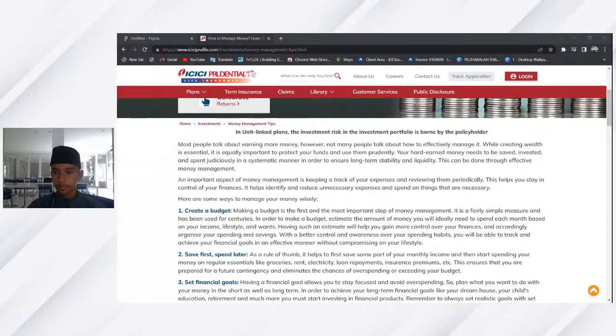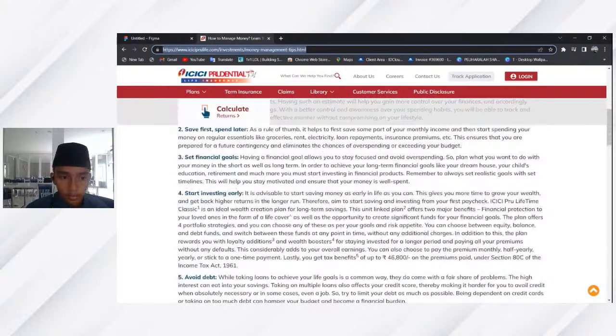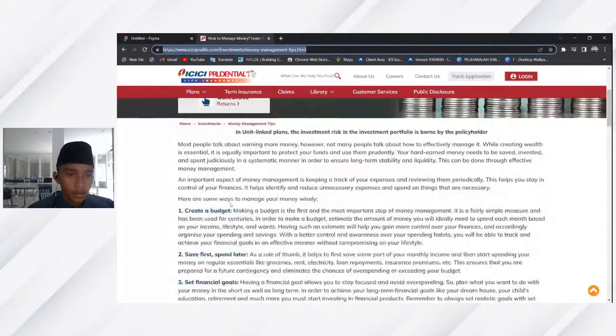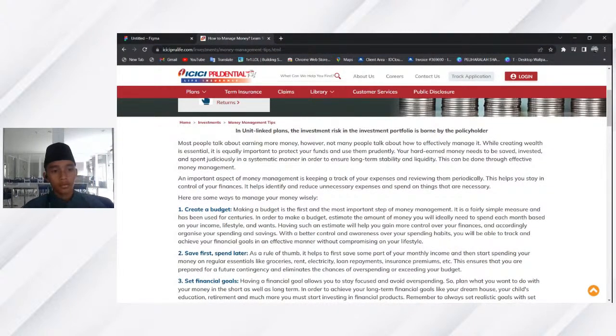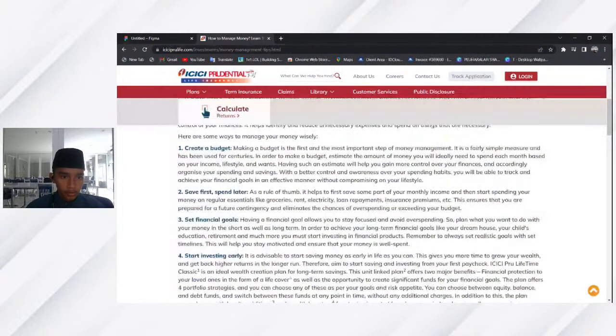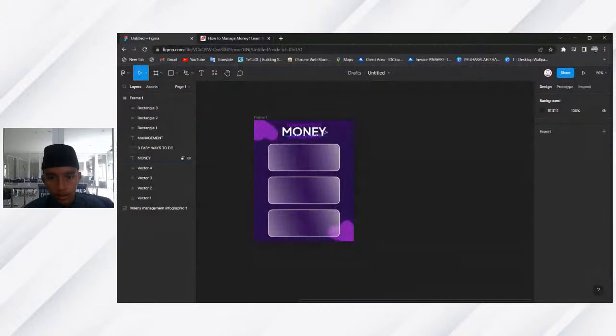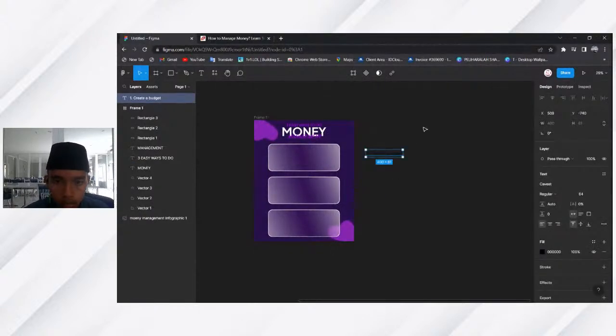So I have already put a link for the reference. So here, now you just copy paste this text, create a budget, and then paste it on our Figma.